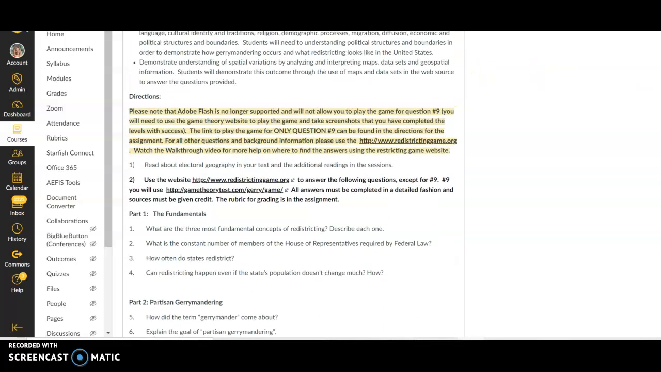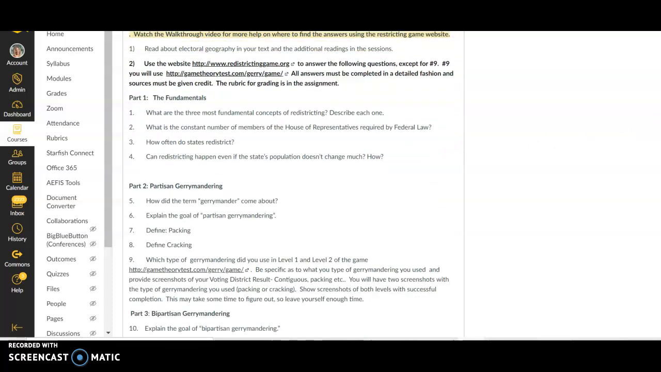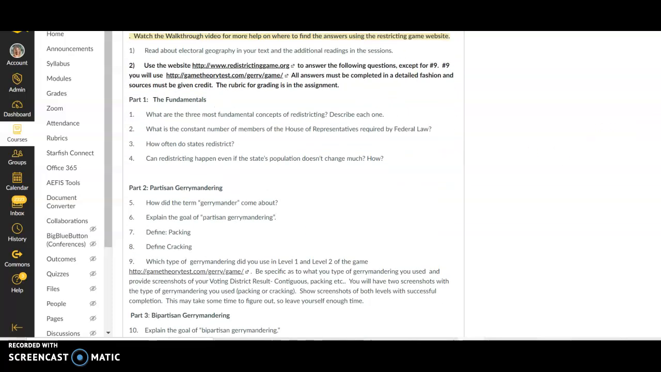So here, under the directions, we're going to read about electoral geography in your text and the additional readings in the session. I lecture about what gerrymandering is, so it's really important that you do that. And then you're going to use two different websites for this